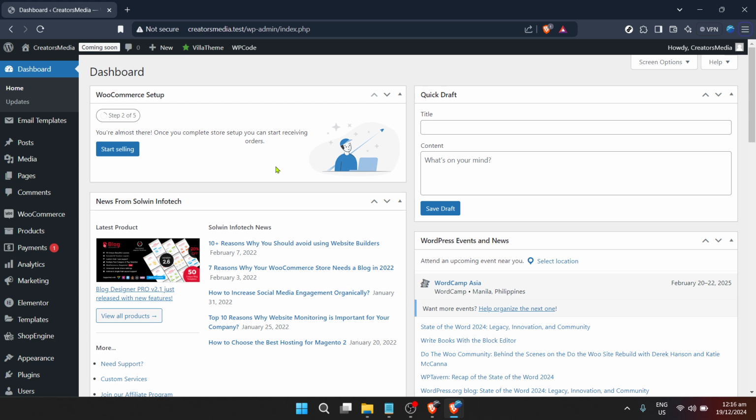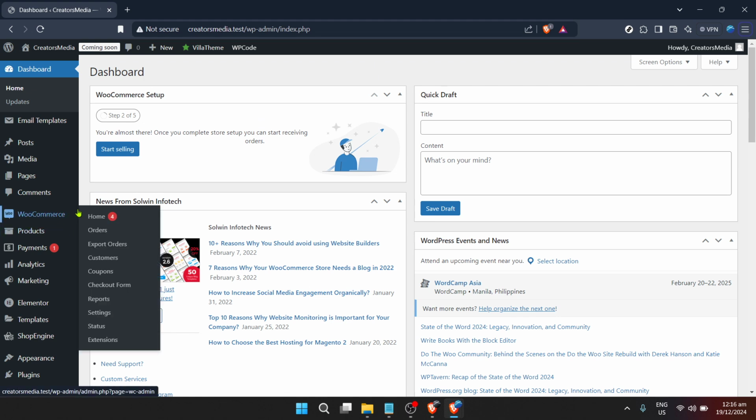Once you're in the dashboard, you're going to look for the WooCommerce menu item on the left-hand side of your screen. It's hard to miss. The WooCommerce icon is distinct and it's usually situated somewhere towards the middle of the menu. Clicking on WooCommerce will bring up a series of options related to your online store, from orders and coupons to